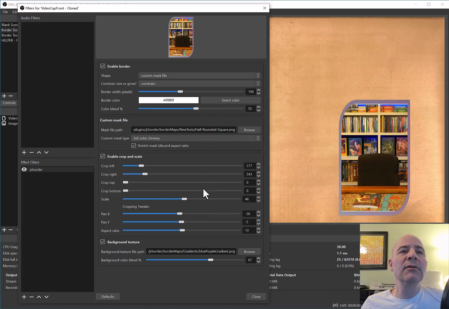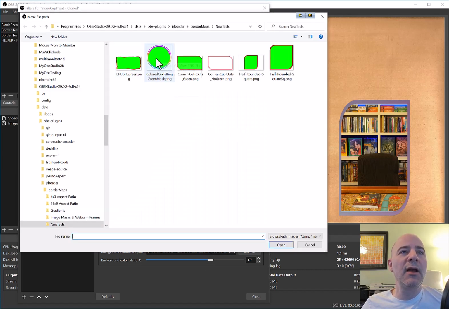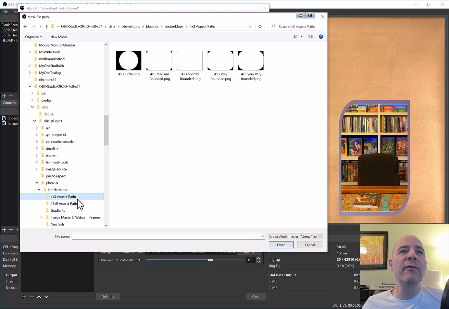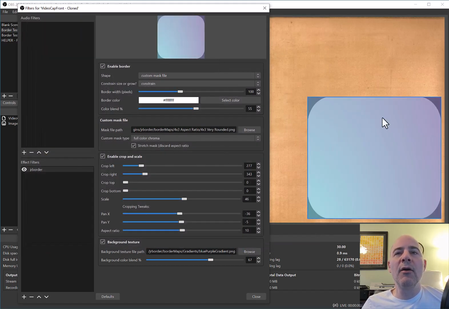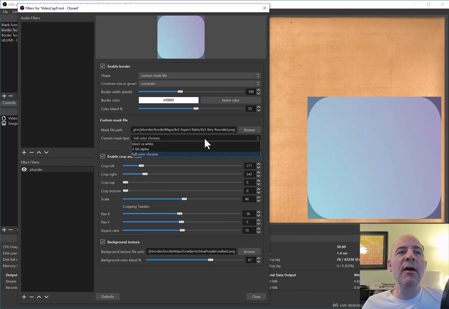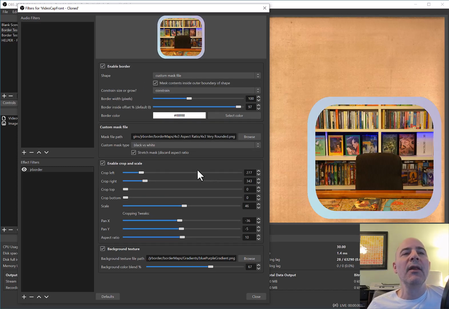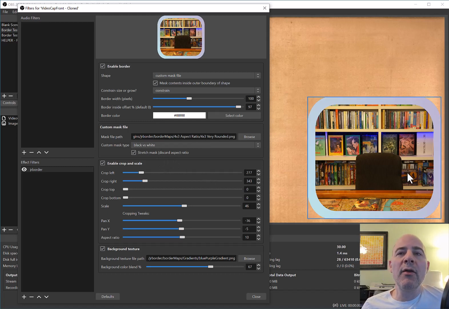All right, let me now show you a different kind of mask. So those are more advanced masks with green in the center and transparency. But a more standard mask that you'll find online for webcams is something like this, of black for the background and white for the foreground. So I'm going to click this one. Okay, so when you load in a mask like this, you need to tell it, okay, this is a black versus white mask. All right, so you can see what it is. Where the mask had white is your image or your camera shining through, and where it's black is the background,